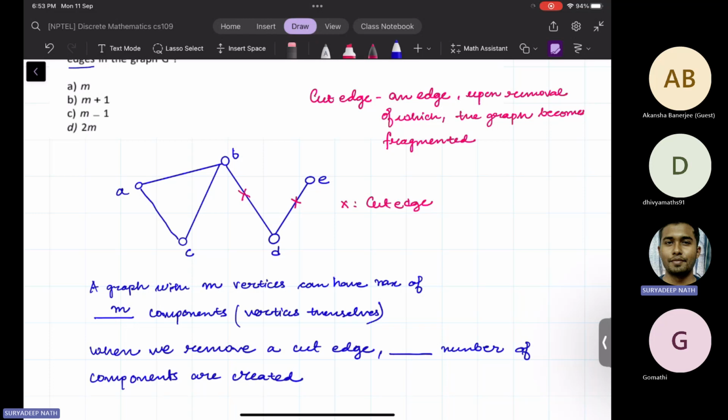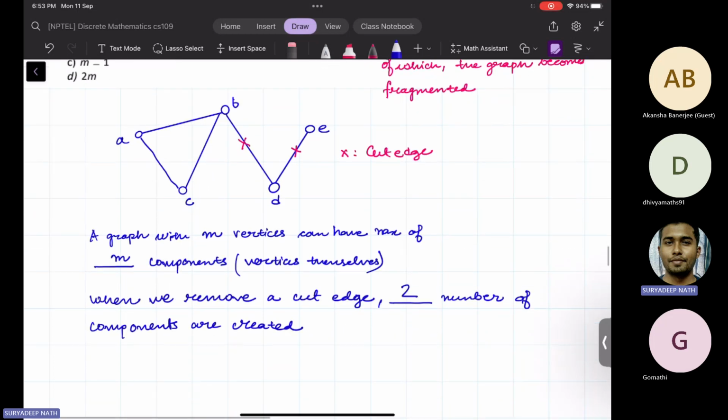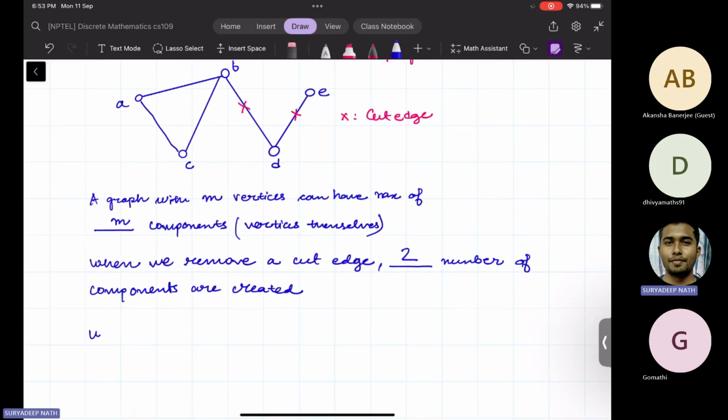If I remove one of the cut edges, how many components will be created? Two, right. So when we remove one cut edge, we are getting two. So we always get an extra component